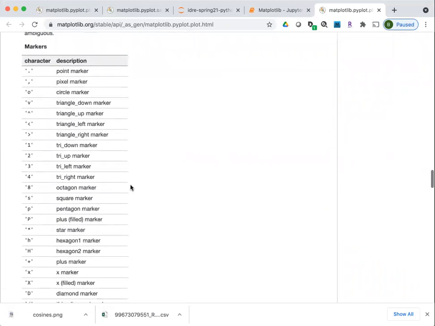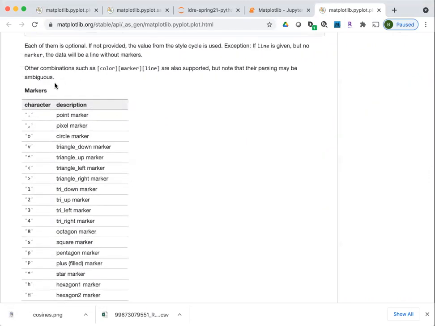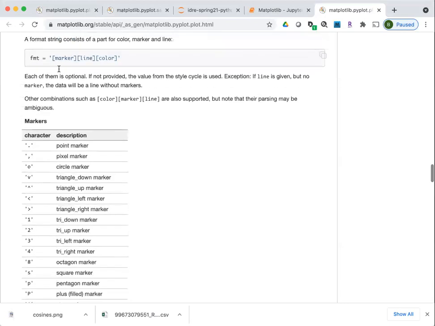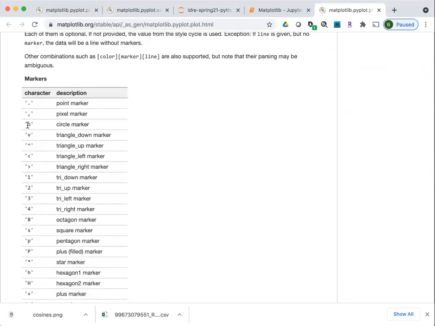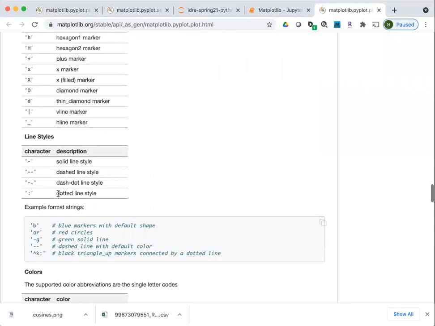There's a fair amount to read here if you want. If you scroll down to the bottom, it tells you here, you have color, marker, and line. These are the designations for markers. So the o here is for the circle. These are for different line styles.